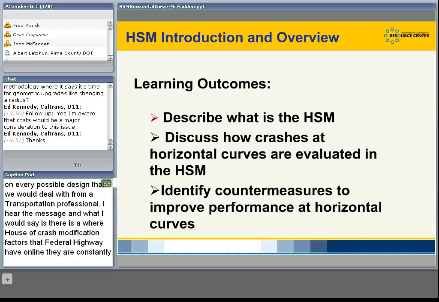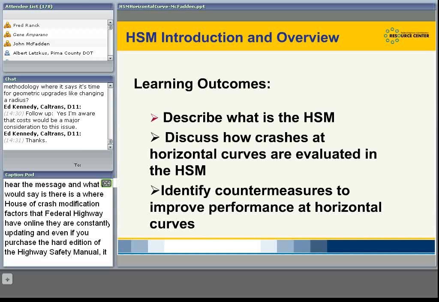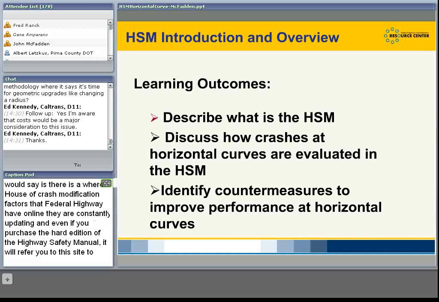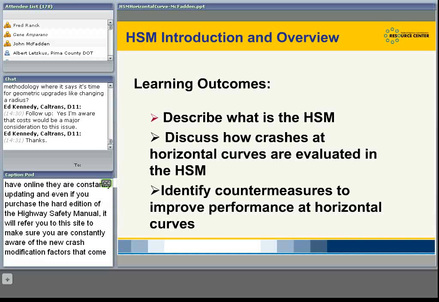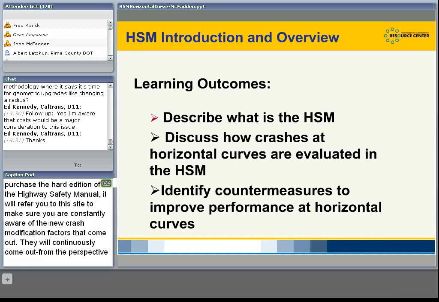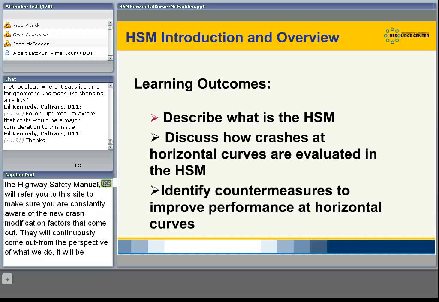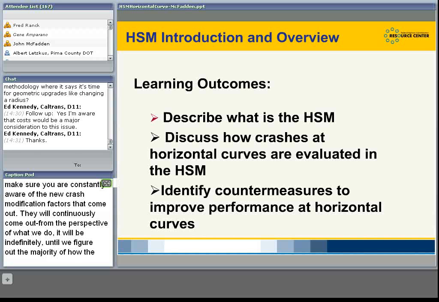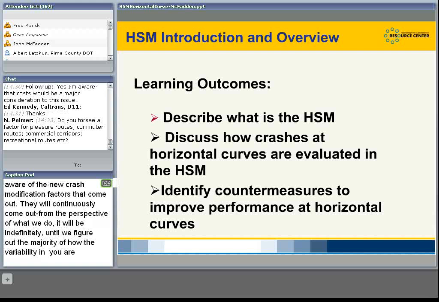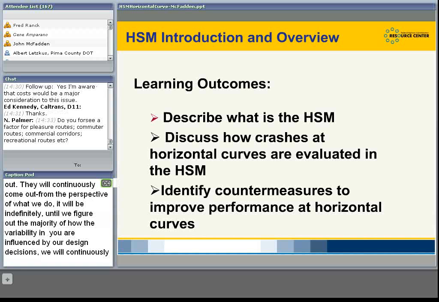You may bring up a lot of good questions, and when I present this publicly, I often say, for every one problem we solve, 10 more questions come out related to, well, how does this feature influence safety? So it's almost a researcher's dream, this Highway Safety Manual, as it relates to the fact that you're basically creating an infinite amount of research questions when you try and truly understand the impacts of our design decisions on every possible design that we would deal with from a transportation professional. So I hear your message, and what I would say to you is that